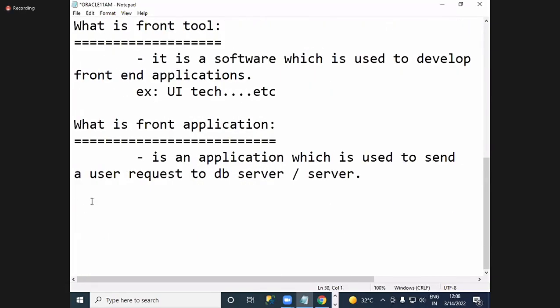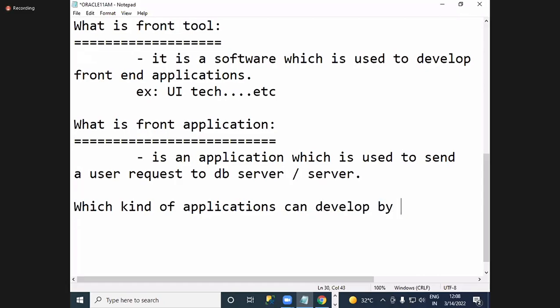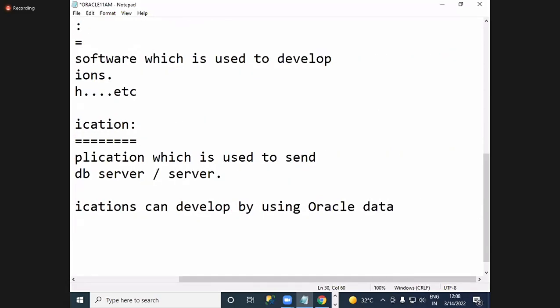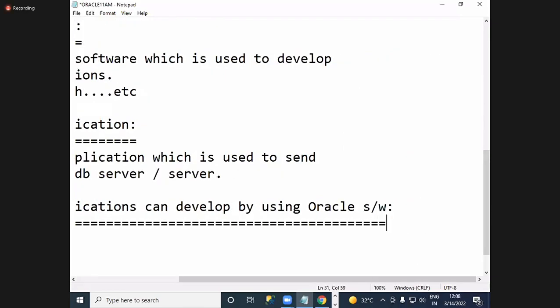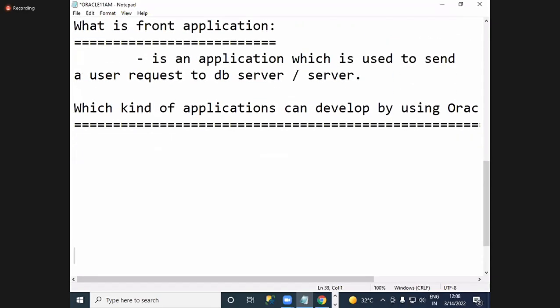Tell me, which kind of applications can we develop by using the Oracle database or Oracle software? Simple. There are so many types of applications we can develop using Oracle software.